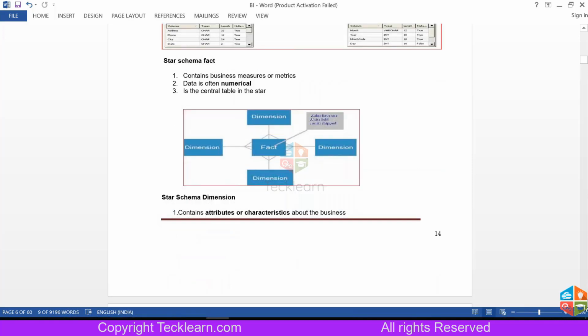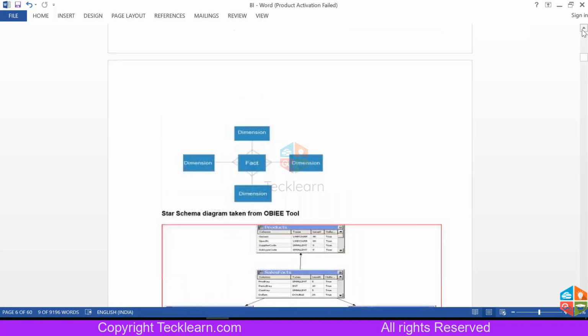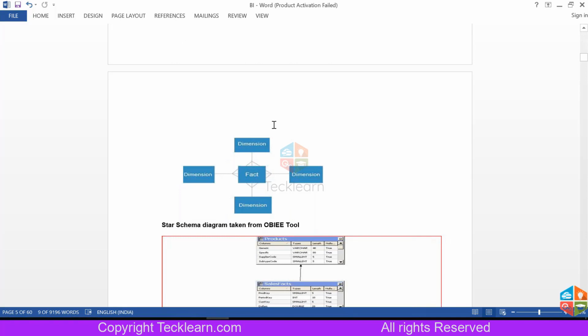Then what is a snowflake schema? The major difference between these two is that in a star schema there is no relationship between any of the dimensions. Everything is joined with a central fact, which displays as a star.